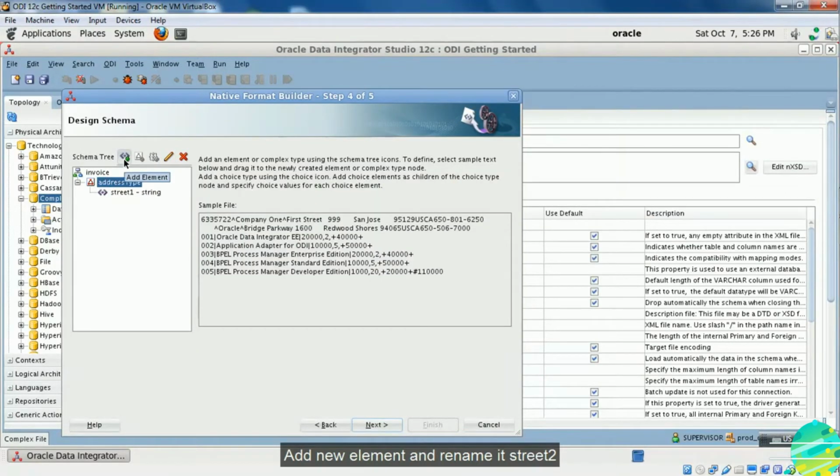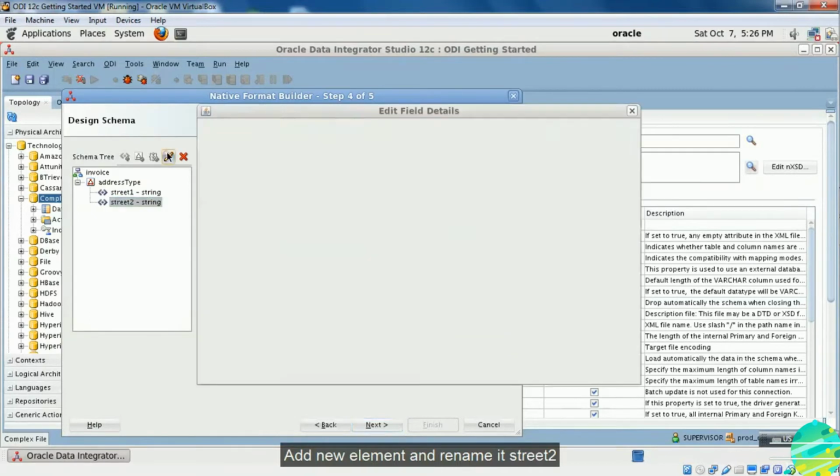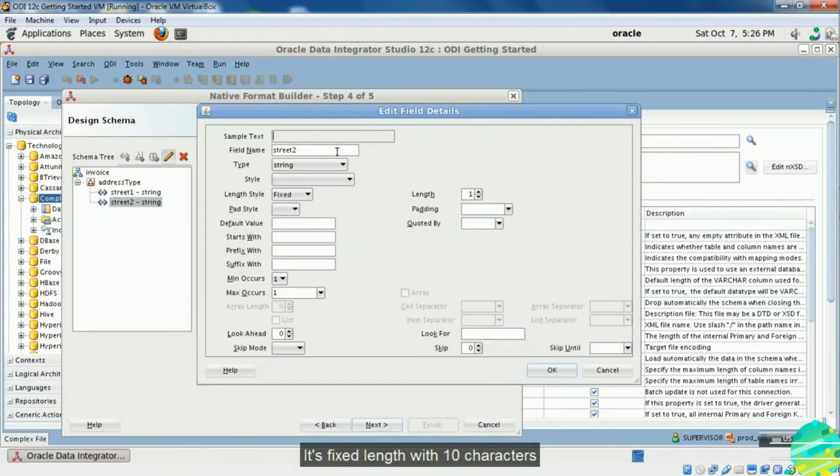Add a new data element and rename it as street2. It's a fixed length field with 10 characters.